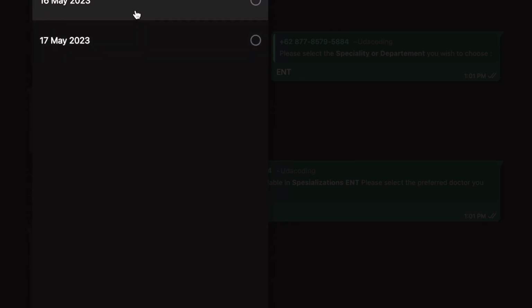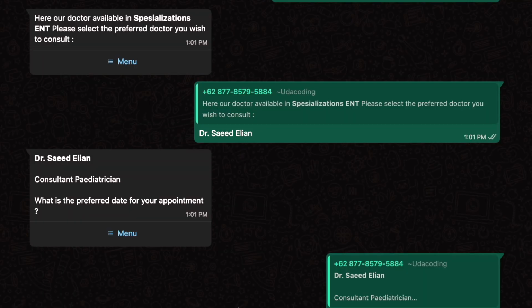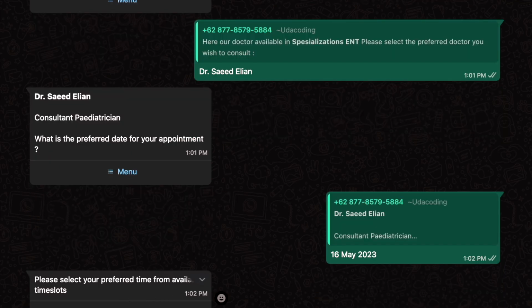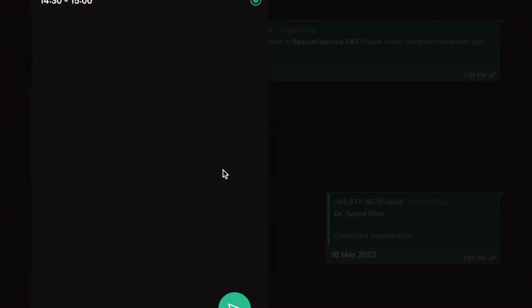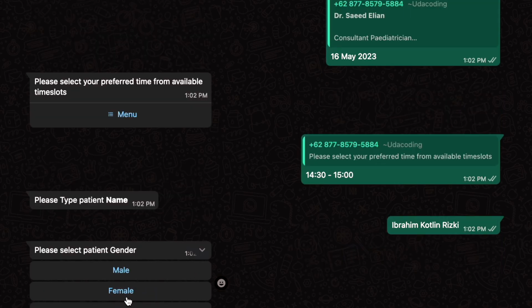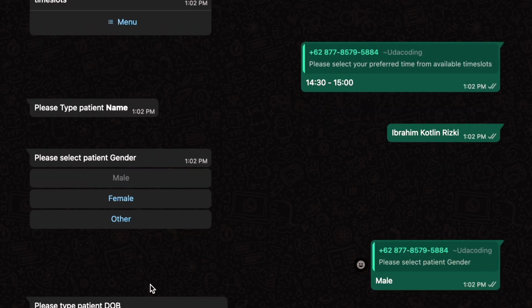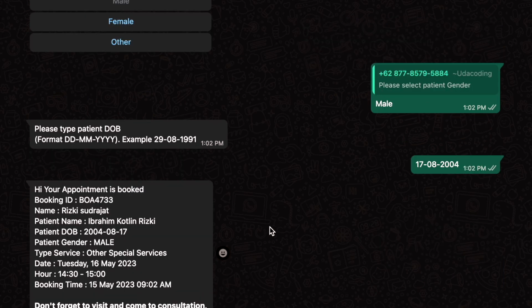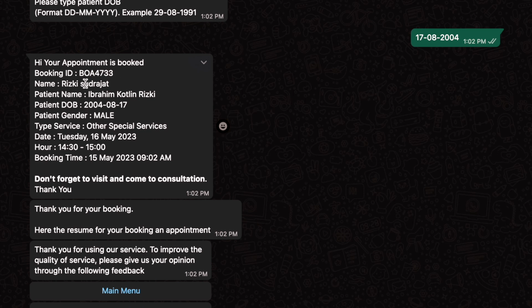and we can choose the date, and we can choose the available time, and then we can choose the patient name, and we tap the date of birth, and okay, this is our appointment booking, and here are our details, and then we can click main menu again,